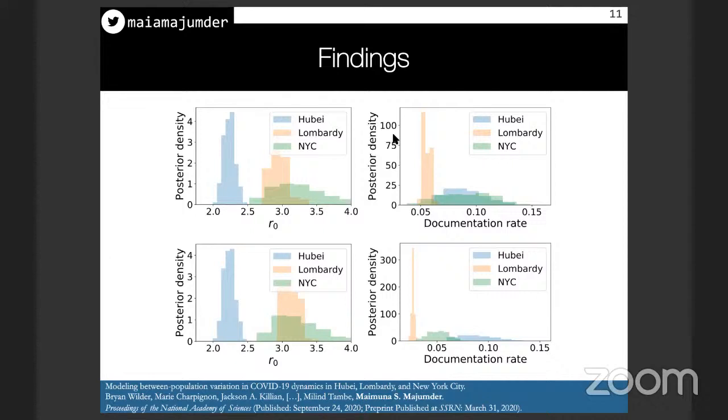Despite low documentation rates across locations, though, all three populations remained vulnerable to a new wave of infections as of this past summer, which is when this paper was in preparation for publication. More specifically, our models suggest that only 1.3% of Hubei, 13.8% of Lombardy, and 22% of New York City were infected by the end of our modeling periods for each location, the latter of which has been confirmed empirically via